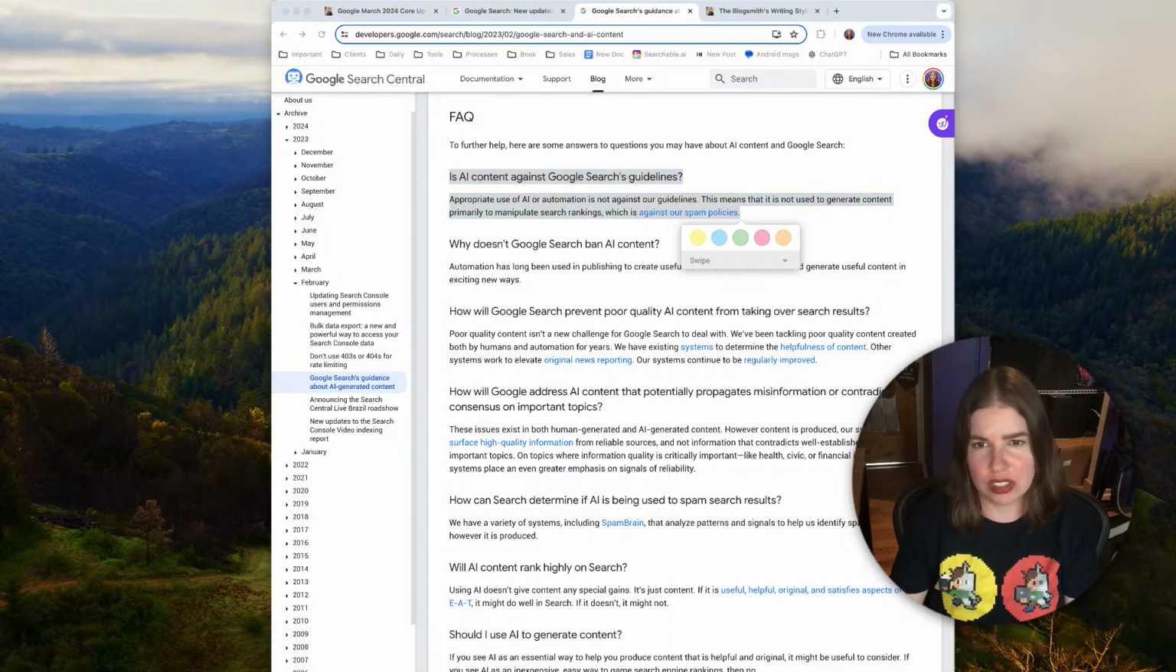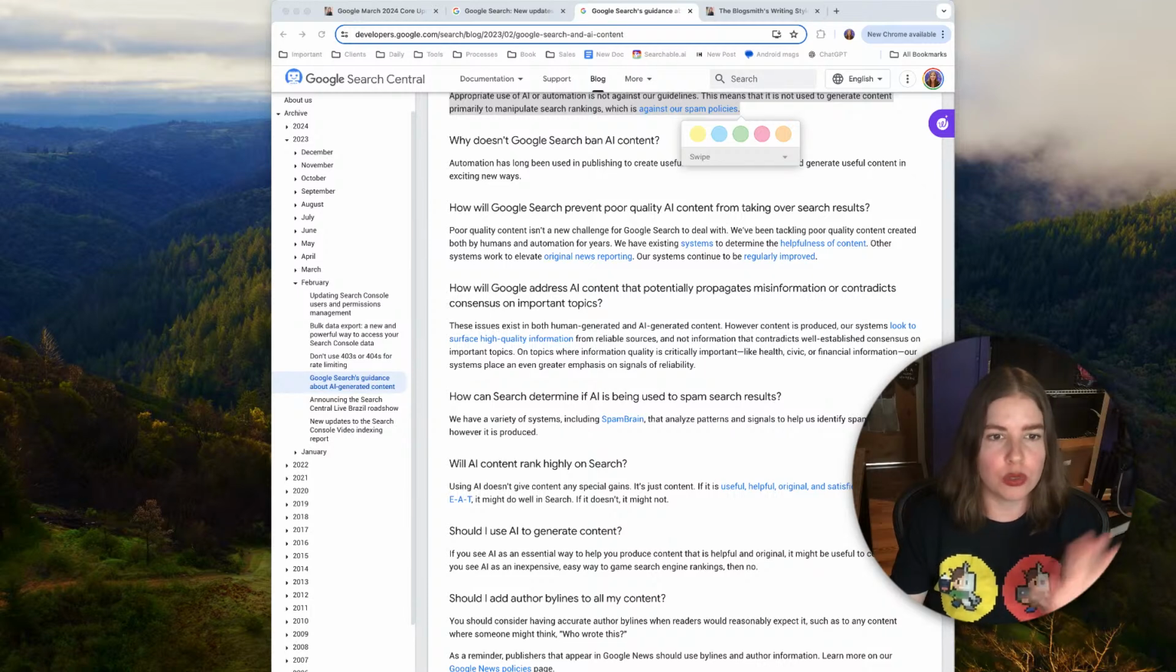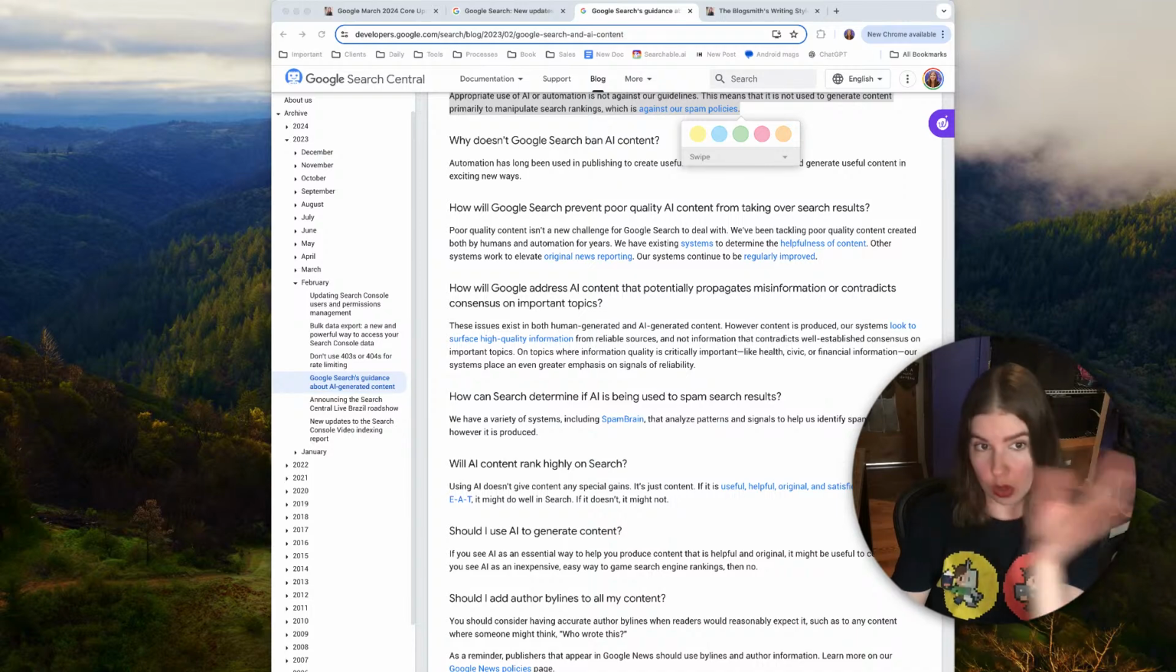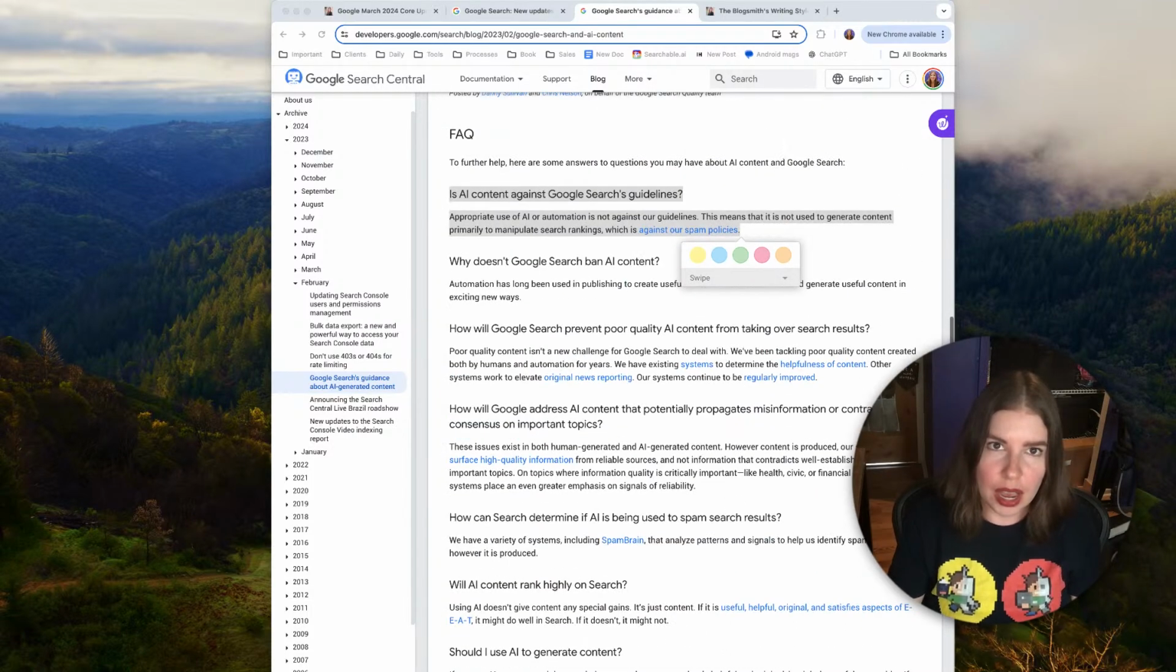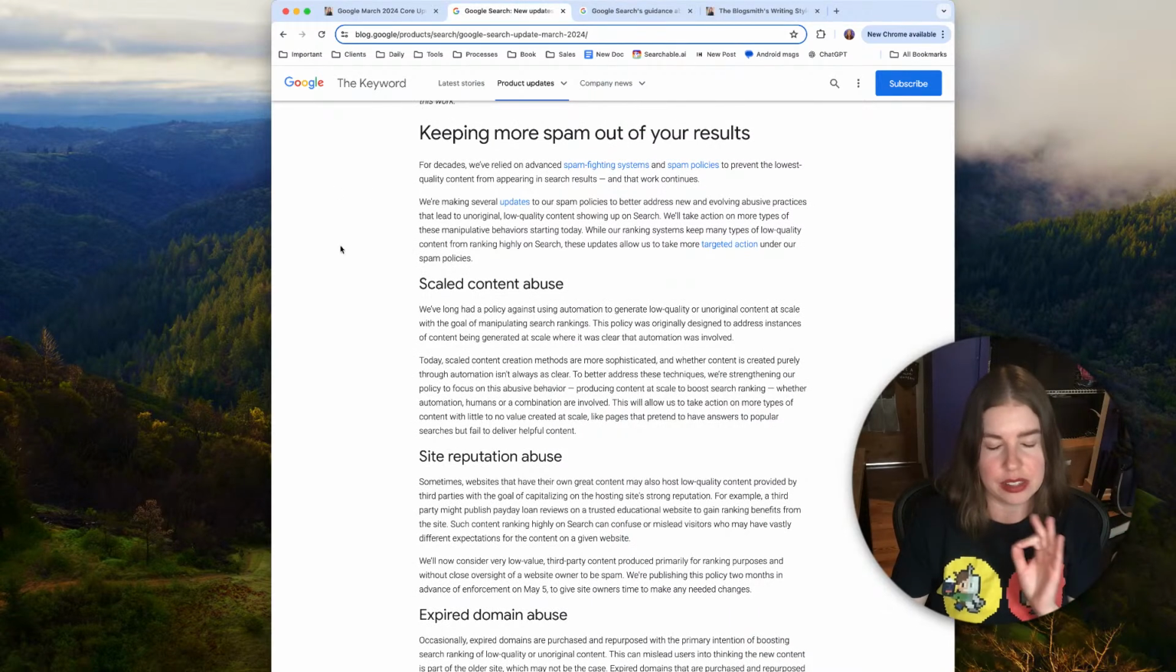I don't think they've necessarily used the word spam here, but this is another great resource if you are using AI to generate content, whether it's one step or the whole process. I would highly recommend reading through this if you haven't. But let's jump back to Google's own guidance about this specific spam update. So, scaled content abuse